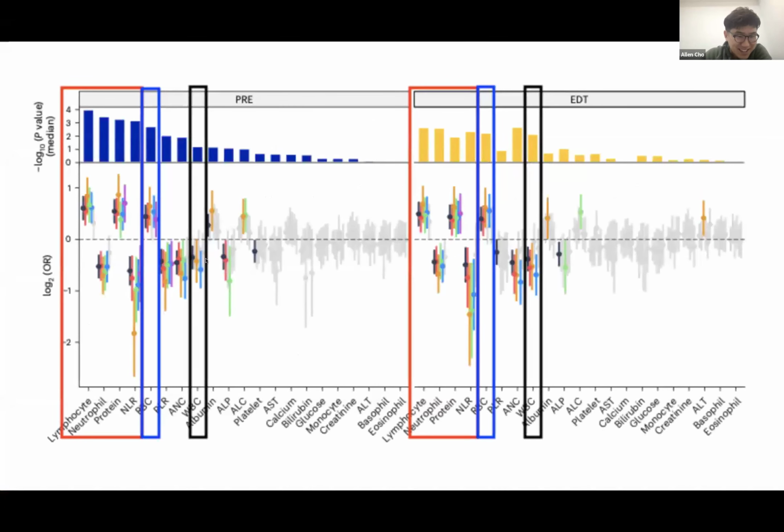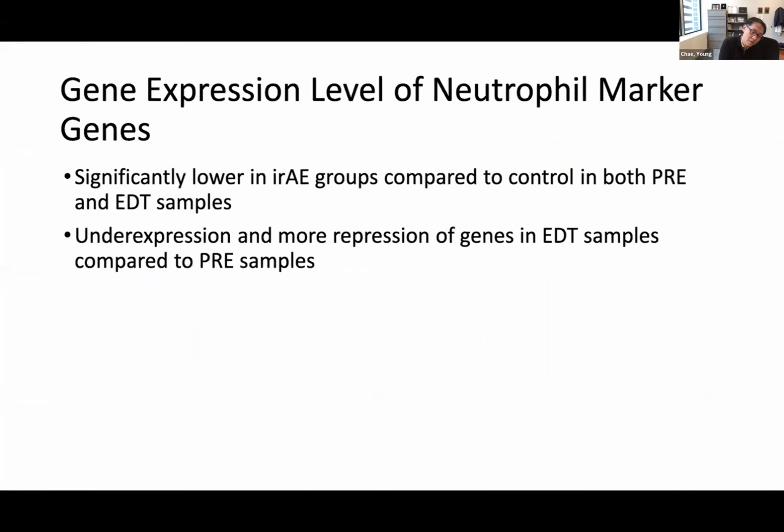Yeah. So I was supposed to specify that, but it's on this chart as well. Again, it's specifying what is high within the pre-treatment group as well as the early or during treatment stage. And this was the graph showing correlation between either the occurrence or the rate of onset of the adverse event. Okay. And then they had also found that there are certain gene expressions shown in the neutrophil marker